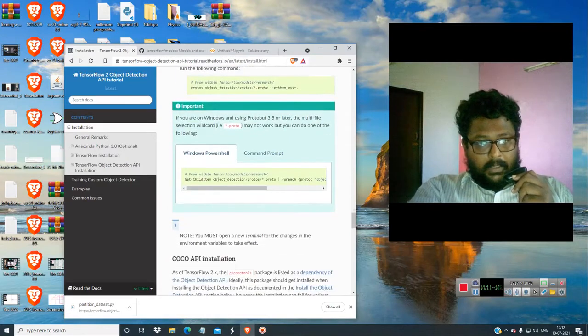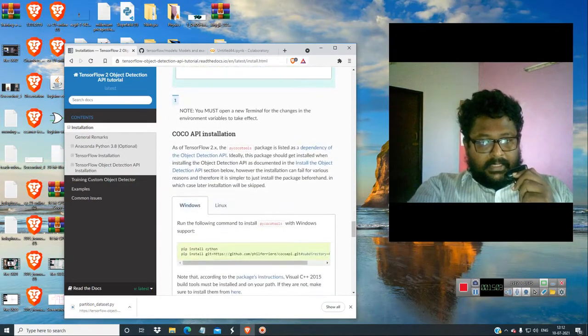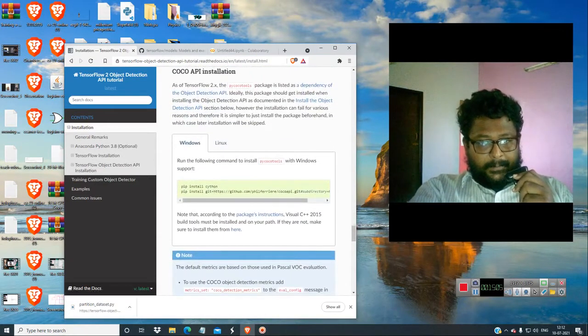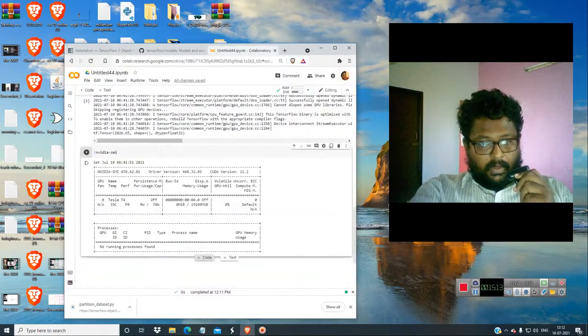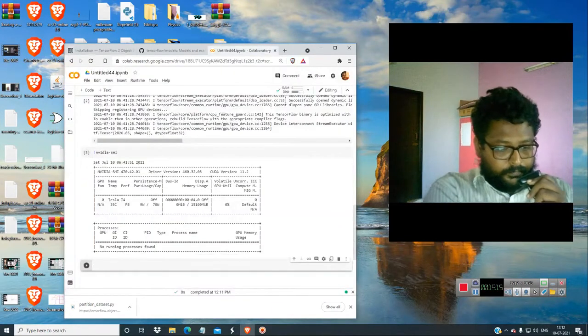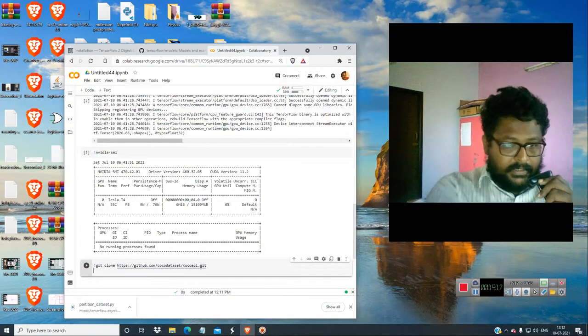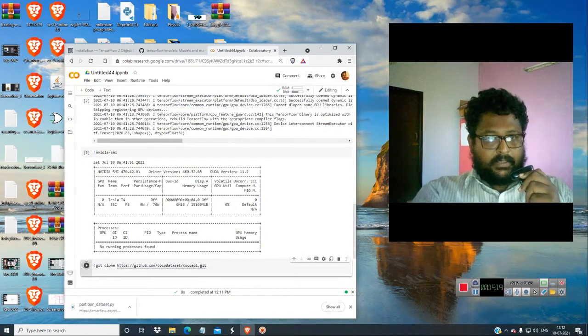The other thing you have to do is go here and git clone and install the COCO API. We are not in any directory now, so use an exclamation mark and git clone it first. Let's go step by step.